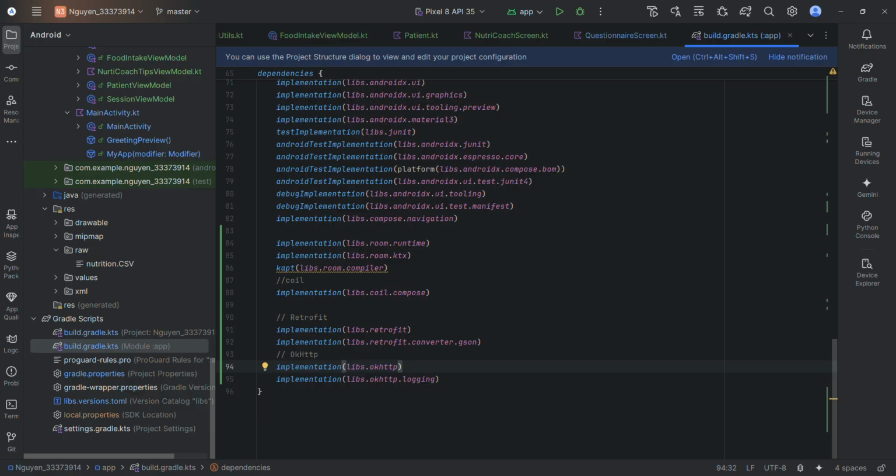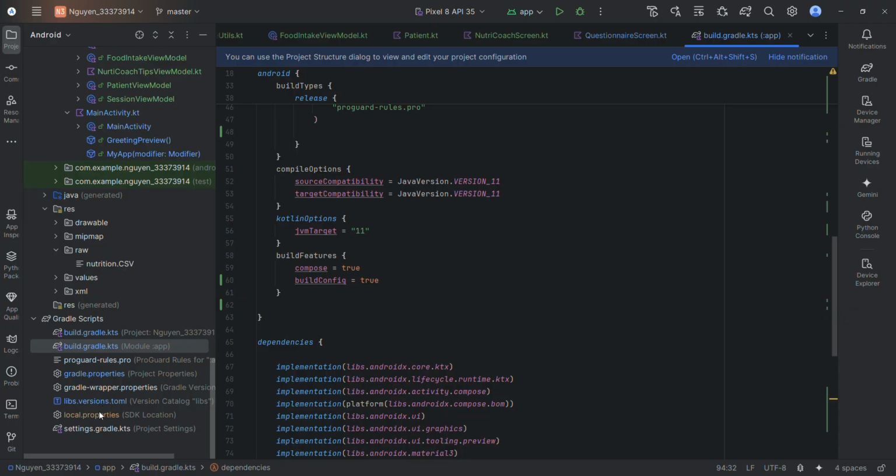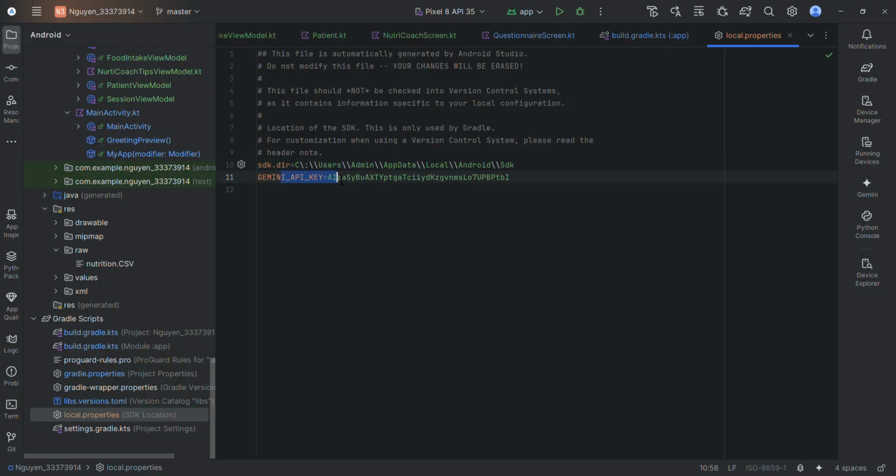Guys, today in this episode I'm going to show you how to integrate Gemini API into Android Studio, and now I'm developing Jetpack Compose apps. So for the first time we have to get the Gemini API key and add the Gemini API key in